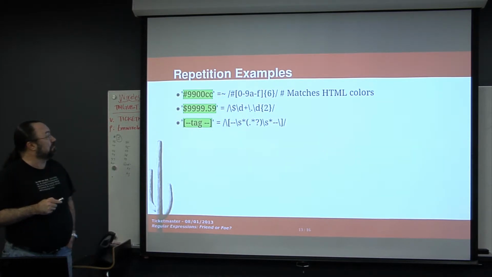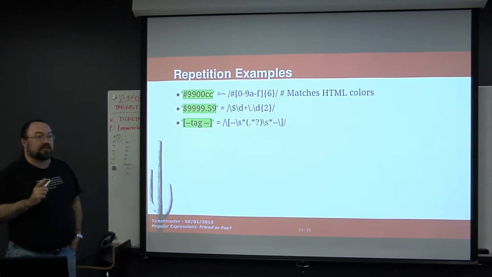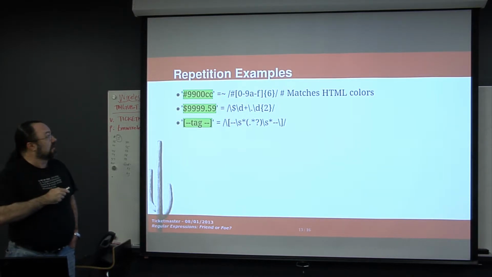Okay, so I put another example in here. Let's say you wanted to match US currency. You remember $ has the special meaning end of string, so I have to put a backslash in front of it. Backslash d means digit character. I put a plus, that means 1 or more, right? So that means I could add as many digits here as I want, as long as I at least have 1.